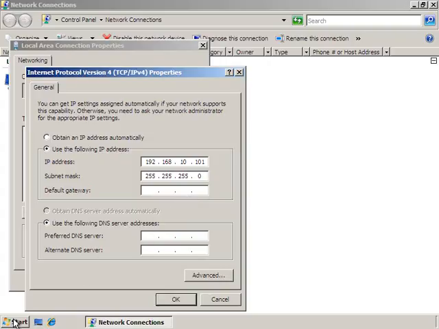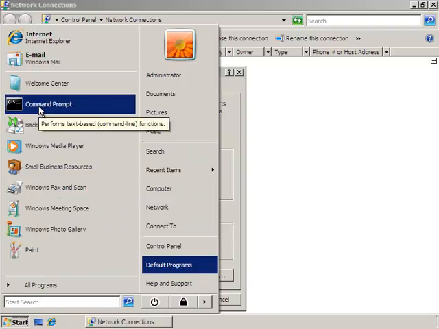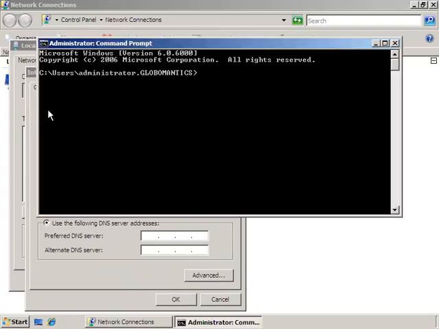So what I'm going to do is click on Start and go to the command prompt. And in the command prompt, I'm going to type in ping, which is a utility we use to establish connectivity. And I'm going to attempt to ping 192.168.1.1, which happens to be another machine on the network that I have here. When I say network here in my office, it's logically a different network because it's the 192.168.1 network. I'm going to go ahead and hit enter,